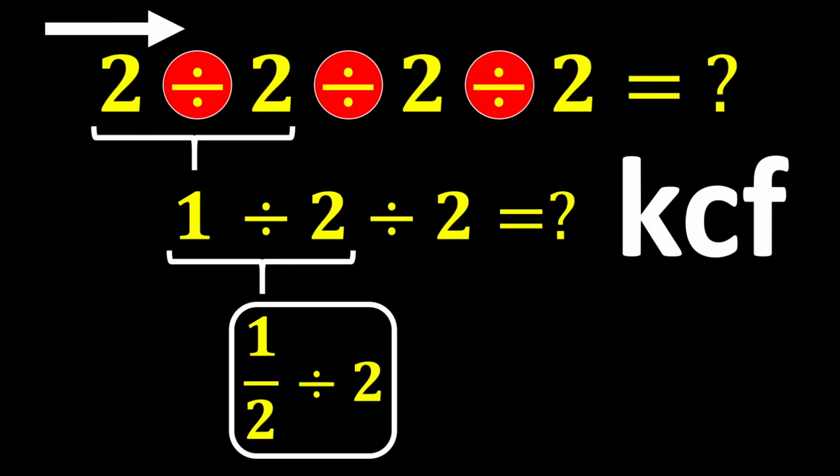To solve this part of the question, we use the KCF rule. This rule is a simple method for dividing fractions. K stands for keep, C stands for change, and F stands for flip. According to this rule, we keep the first fraction as it is, change division to multiplication, and flip the second fraction. Now, according to this rule, we keep 1 over 2 as it is, change division to multiplication, and flip 2, which becomes 1 over 2. 1 over 2 multiplied by 1 over 2 equals 1 over 4, which is